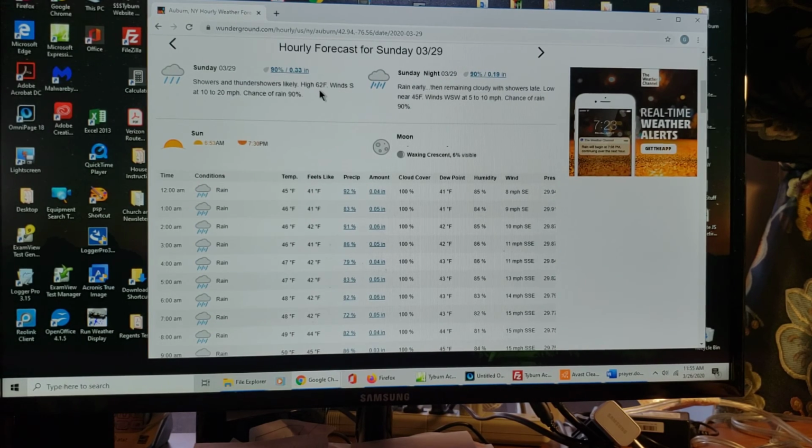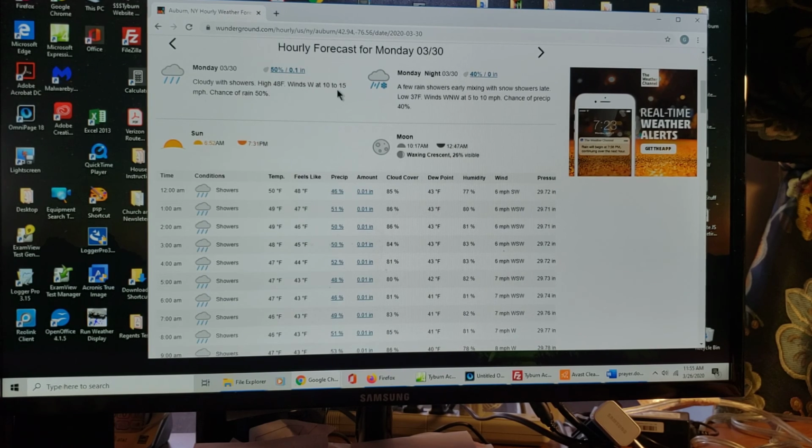Sunday also kind of shower, thunderstorms likely Sunday, thunder showers, which implies they're not as strong, and then some rain Sunday night, so it's not going to be a dry weekend. And then Monday some more showers. That's the sort of format we do. If there's something exciting going on, we'll examine it more.